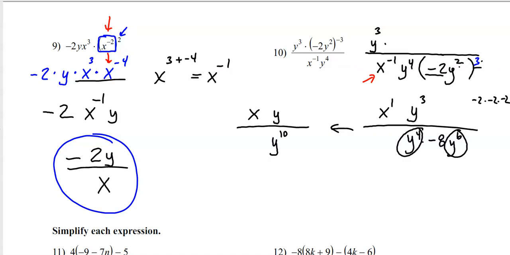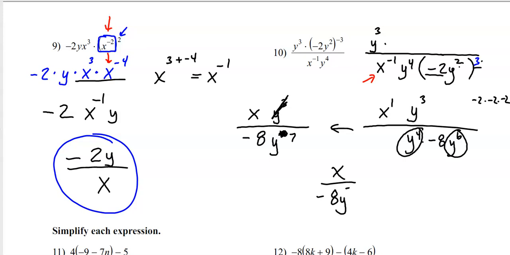And we have y to the 3rd up top. And we still have this negative 8 down there chilling. So now when I cancel out my y's, these 3 are going to cancel out with 3 of those. So I think at the end of the day, we're going to have x over